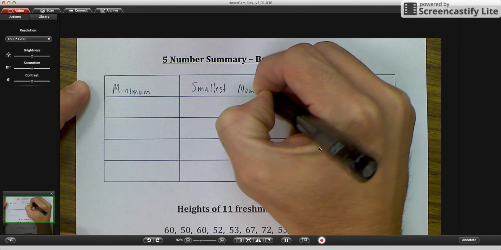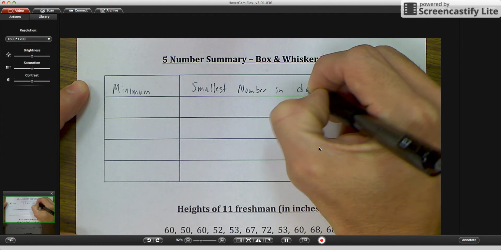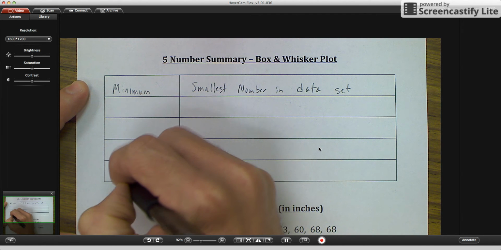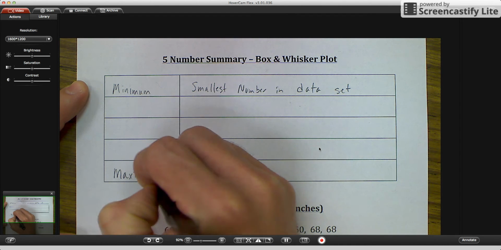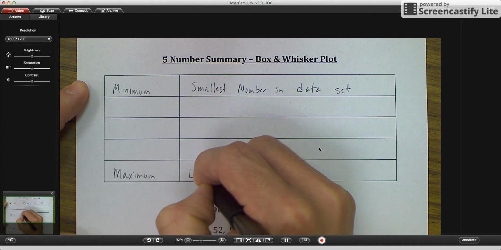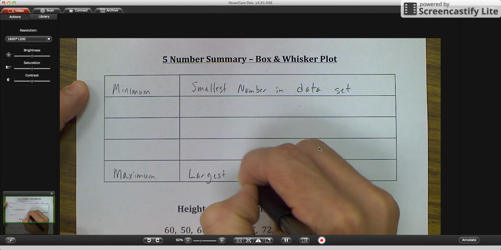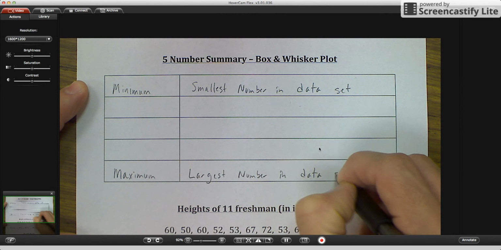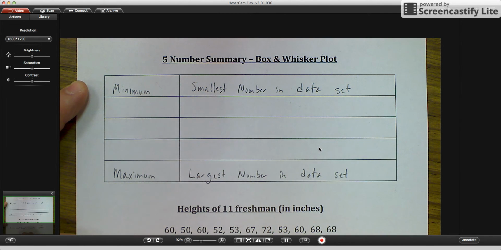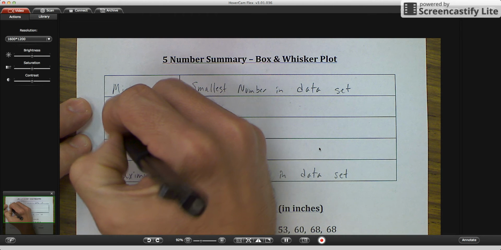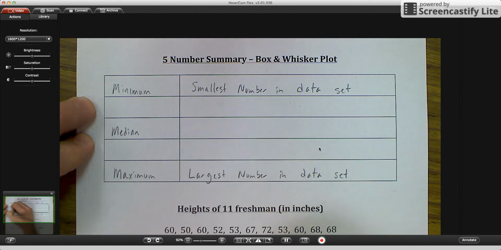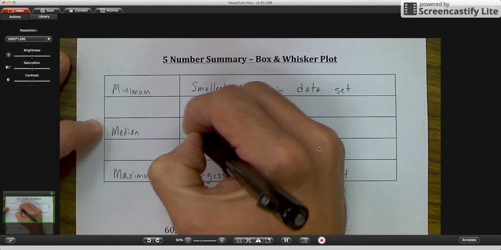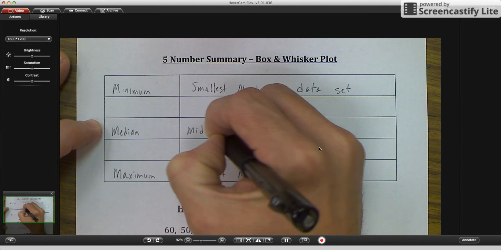Our first number is the minimum number in a number set, and that is the smallest number in the data set. The second number we're going to talk about is the maximum. And as you could guess, that would be the largest number in the data set. The third number that we're going to talk about is the median. We're going to rely a lot, or revolve a lot, around the median. So the median is the middle number